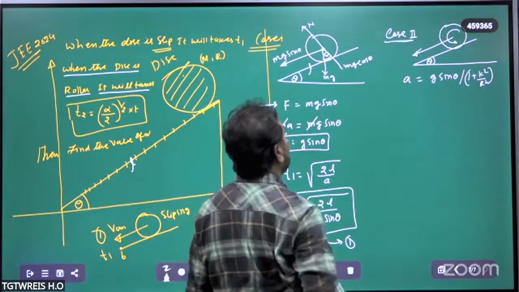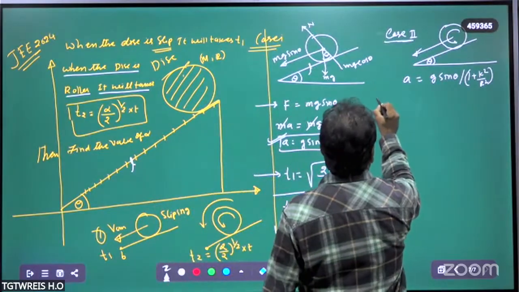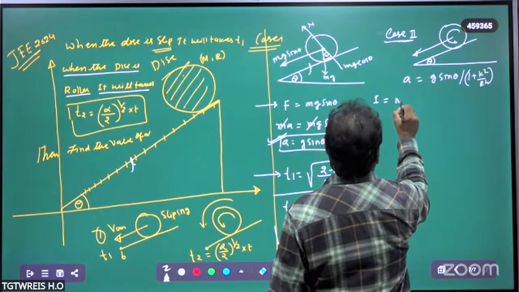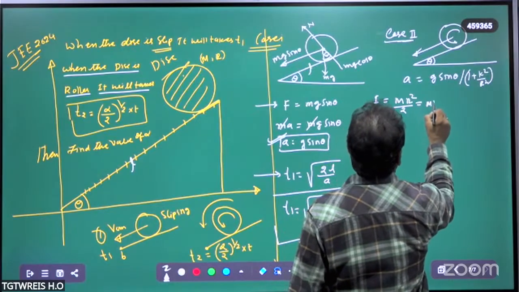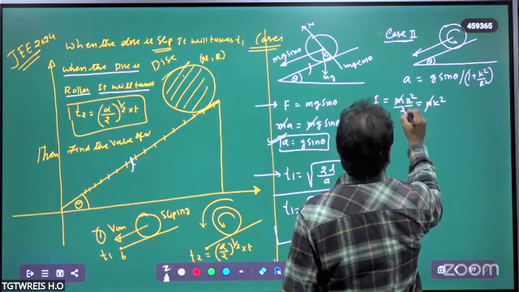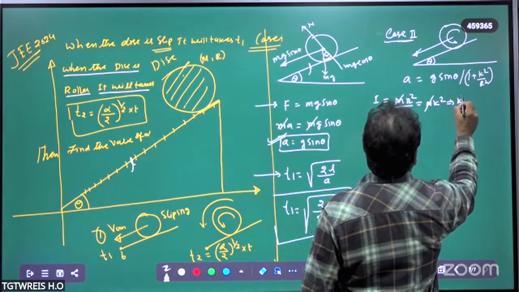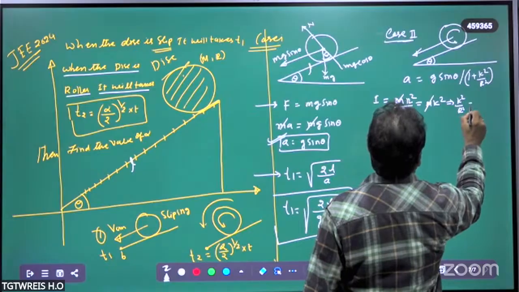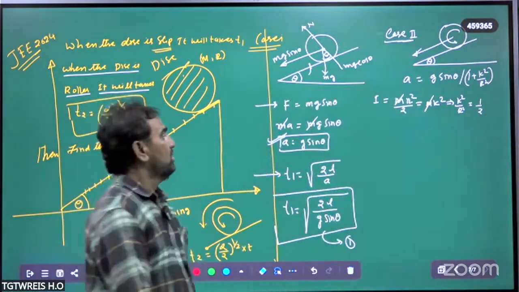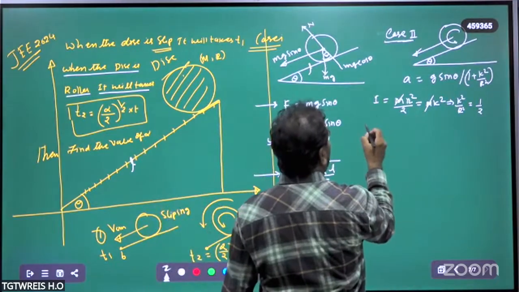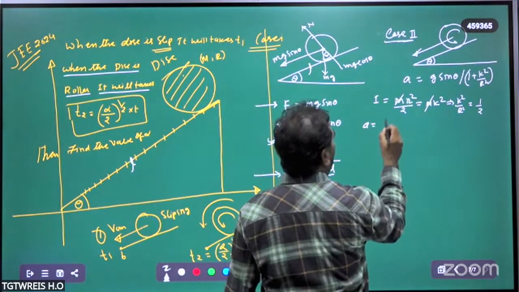But the given object is a disk. For a disk, what does I become? I is equal to mr square by 2, which is equal to mk square. m gets cancelled out from this. K square upon R square is equal to 1 by 2. Is it clear? Therefore, substitute this value in the above equation, then you will get the acceleration is equal to